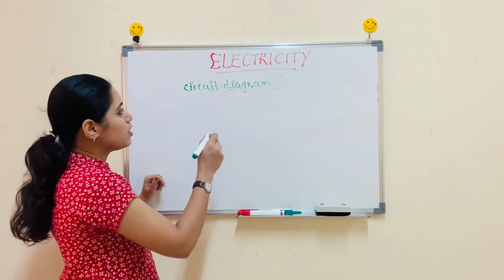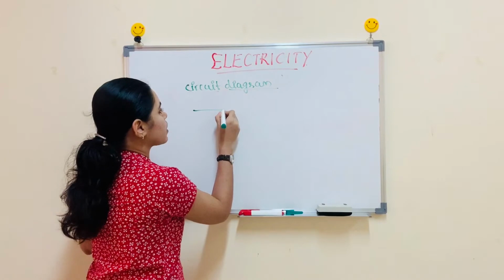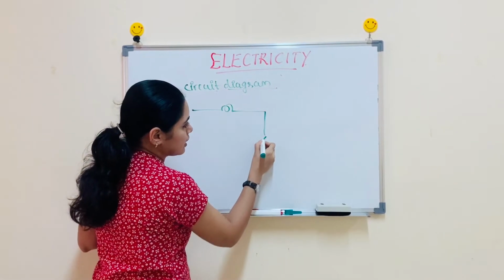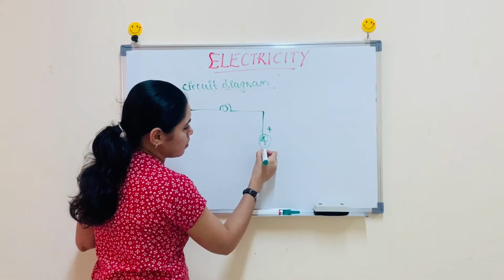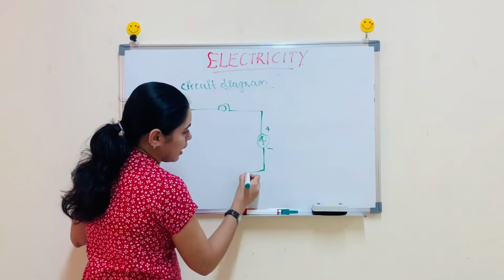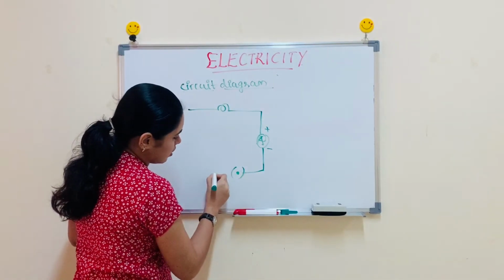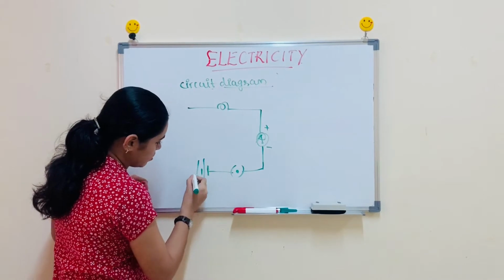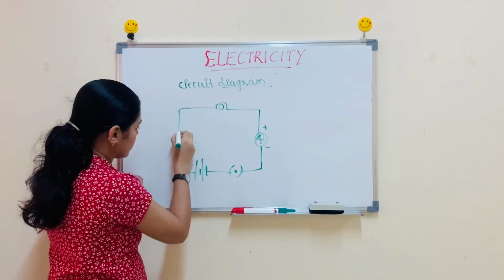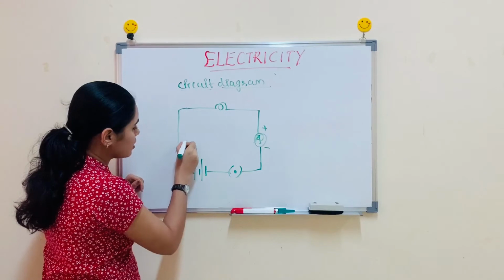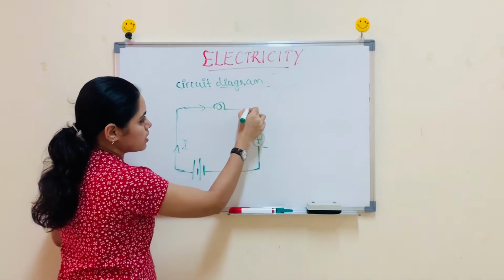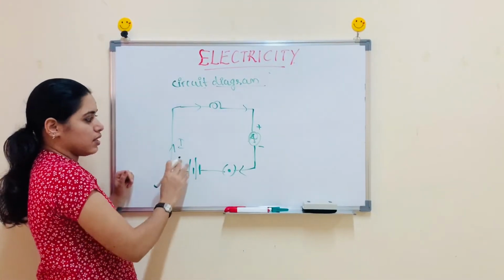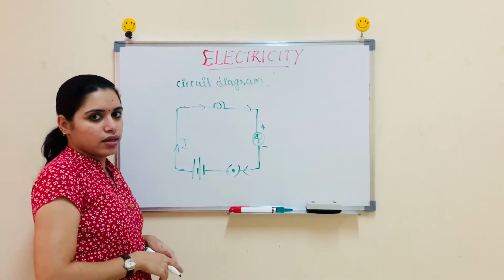We can redraw that circuit diagram. It has a bulb, and here we connected an ammeter, the positive terminal of the ammeter here, the negative terminal here, and a switch, which is a closed switch. And this is a cell or battery from which current I is flowing through this bulb to this ammeter, and like this the current I is flowing.